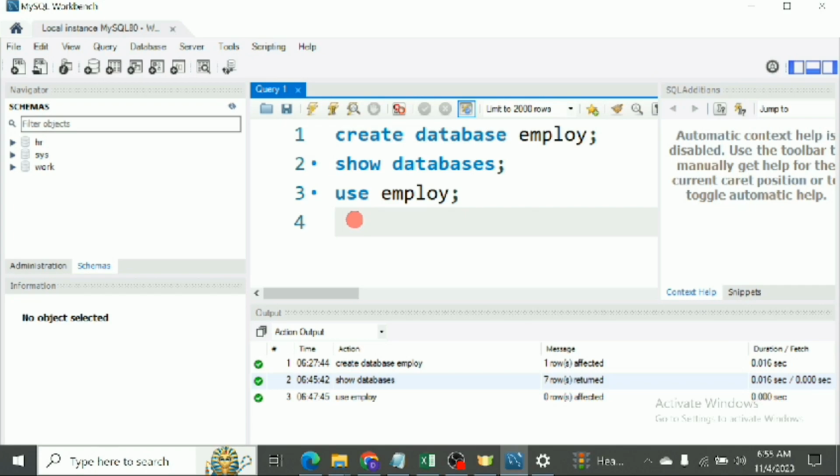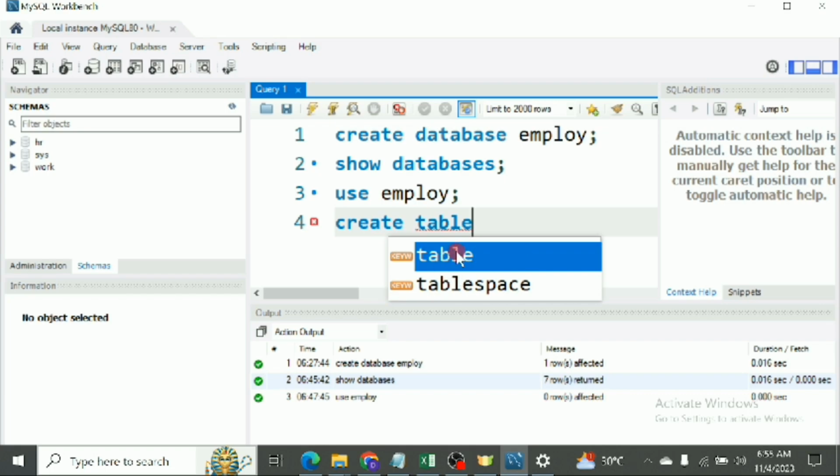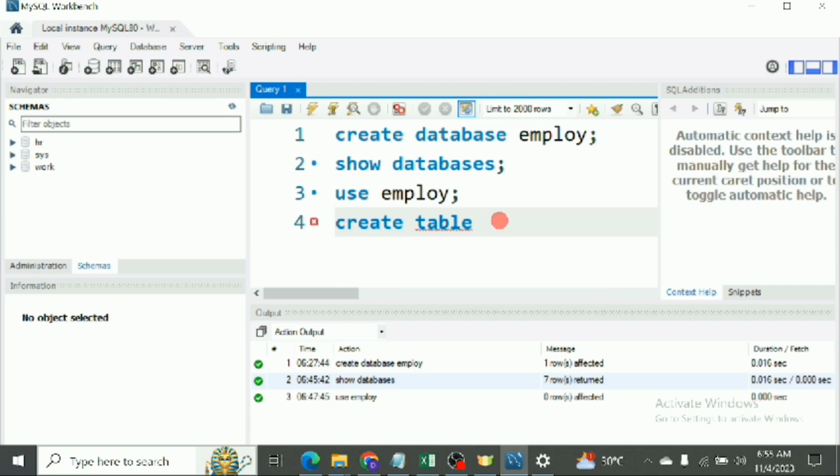Now what we want to do here is create a table, because in every database, especially relational databases, where tables have relationships, we have to create a table with columns and rows. So let's create a table. In SQL, we are going to write create table. You can see as I write it, SQL also highlights it, showing that this is built in. Okay, so create table